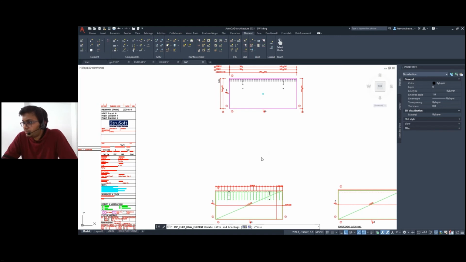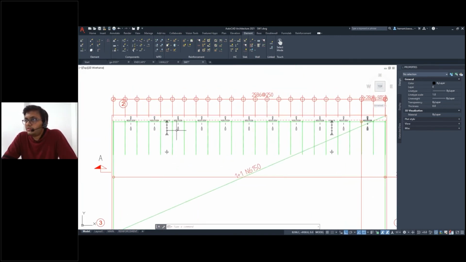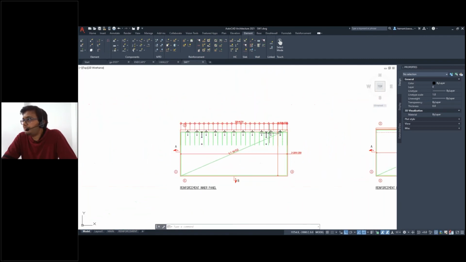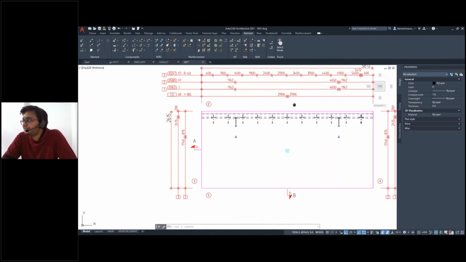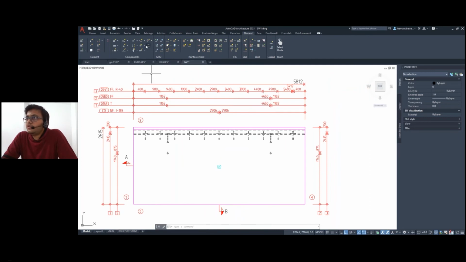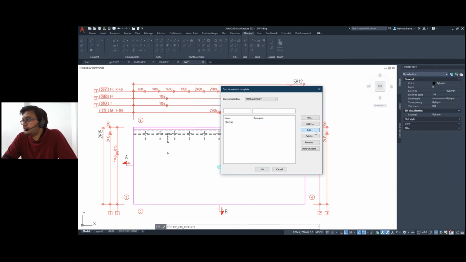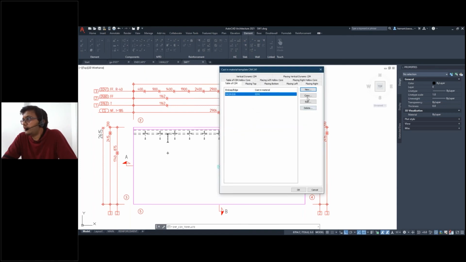It will take a few seconds, but still it is pretty fast. As you can see, our CIM that we applied to the template is added here. Now what we saw in the template was we defined it according to the end caps, but there is also an option that you can